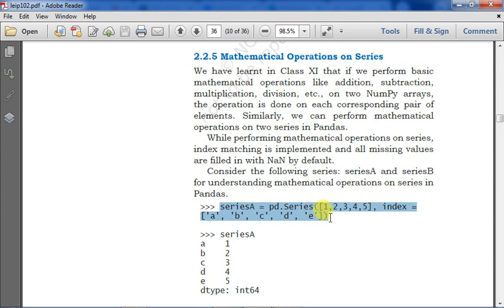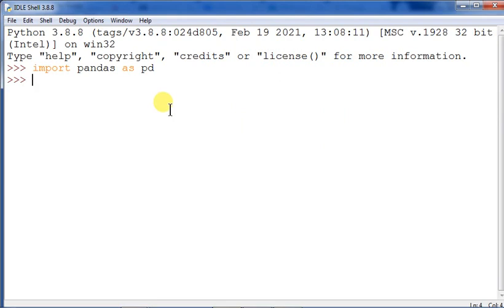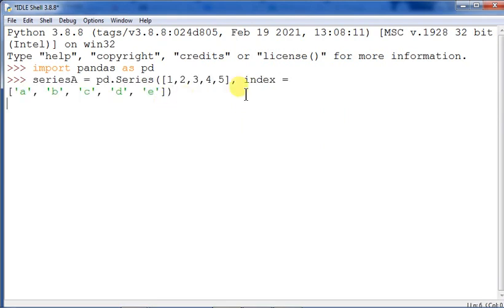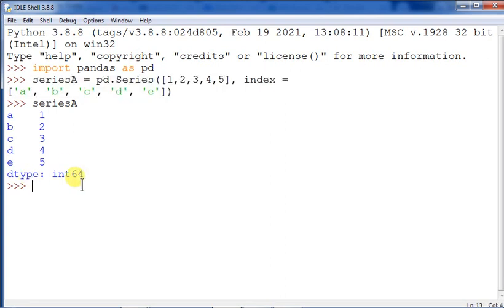I think pandas has been imported. First I'm taking these two series, which have been created out here: series A. One more thing I would like to show you regarding count. In series A I am taking one np.nan, so I'm importing numpy as np.